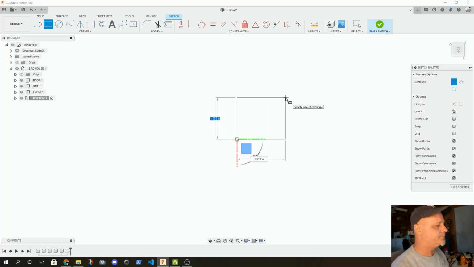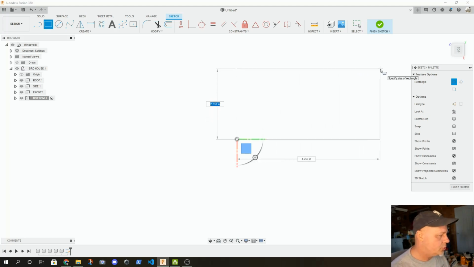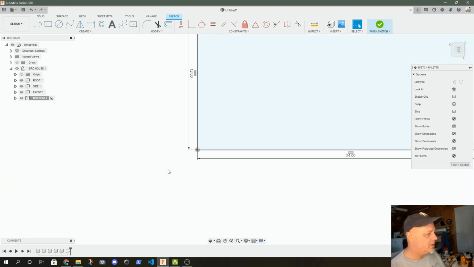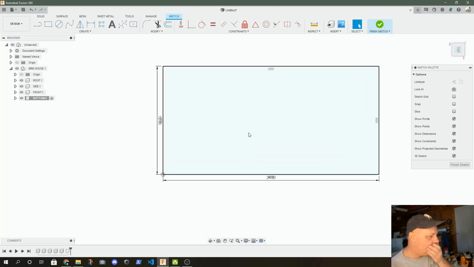Now you see in the little dimension thing, I've got 2.33 inches. That's too small, little tiny birds. So we want to go 12. Now I'm not clicking again. I'm hitting tab, 24, Enter. And you'll notice if you do the mouse wheel in, we now have a 24 by 12